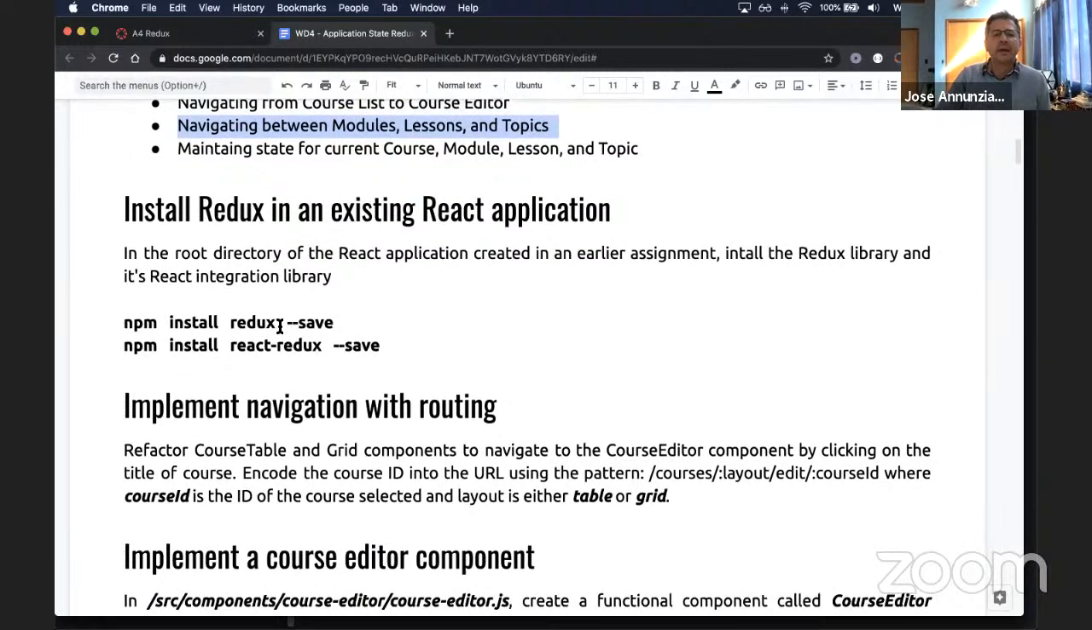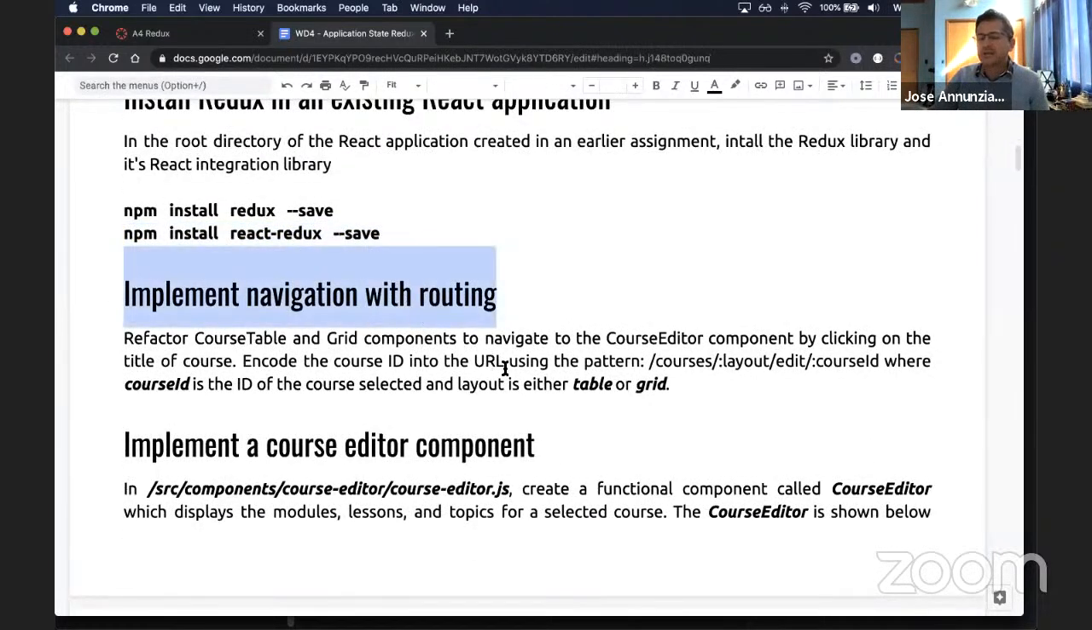and you'll need to install Redux using npm install like that, and React Redux, which we've already done on Monday, at the beginning of this week. We have done this already, and also we ask you to implement the navigation